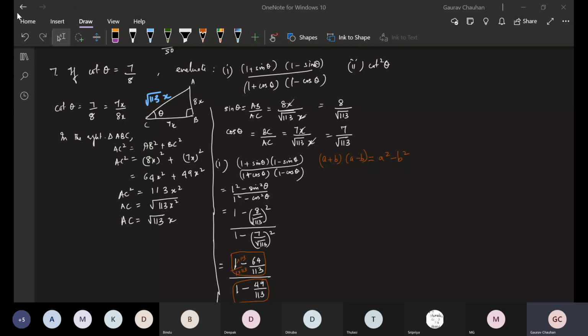Not for each question, you don't keep on checking. After you finish the exercise, you check your answers from the back so that you know which questions you're not getting the correct answers for. And then you can bring that up in class and we discuss that as a doubt. That's why I'm emphasizing that.